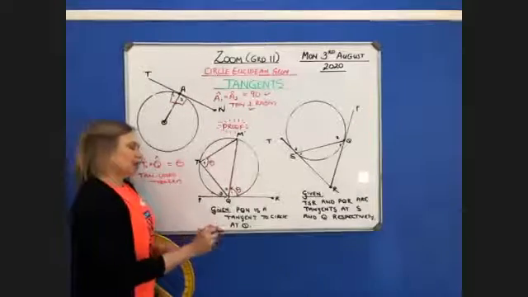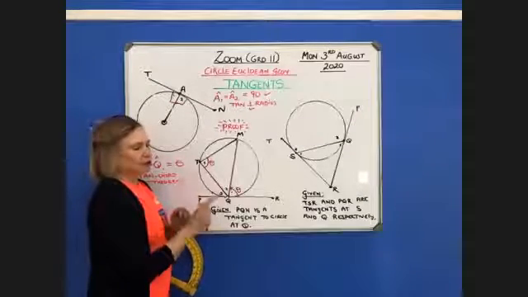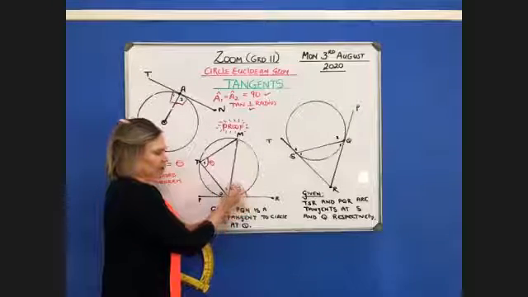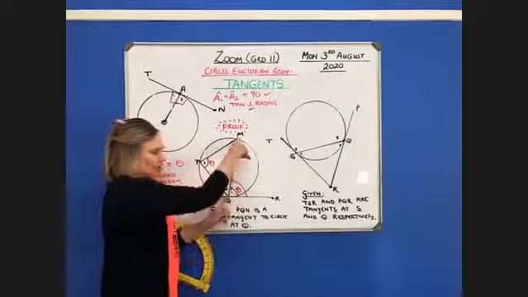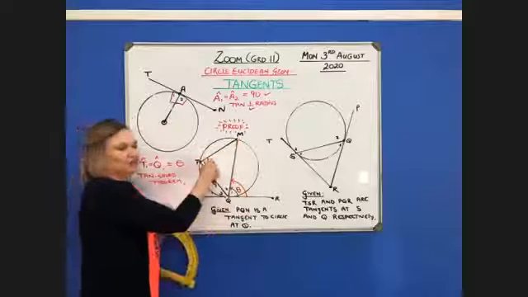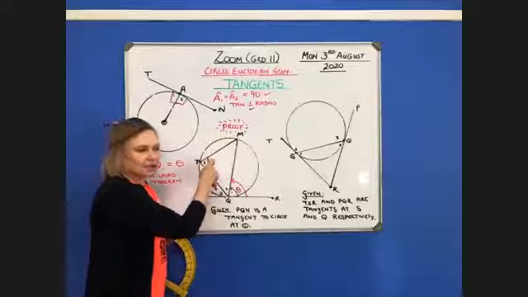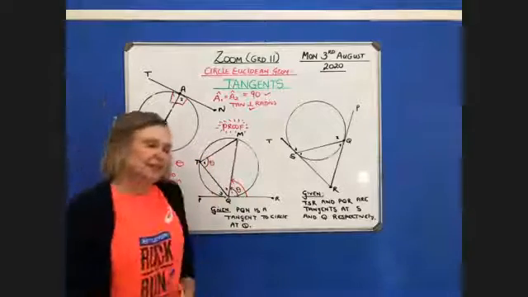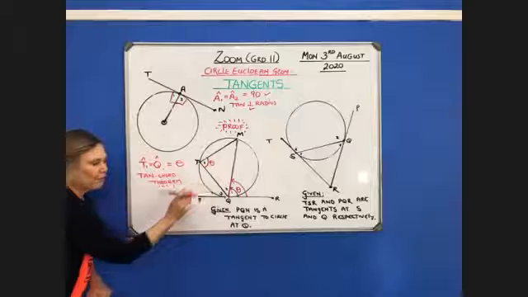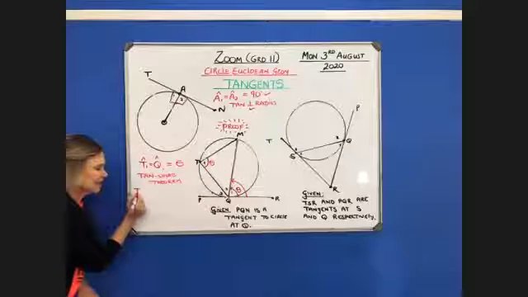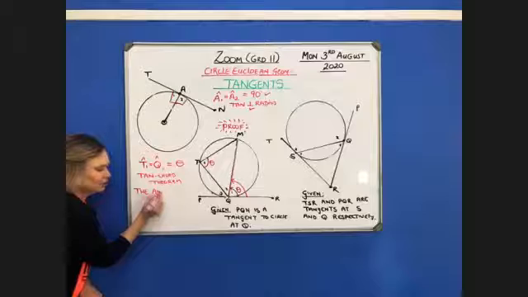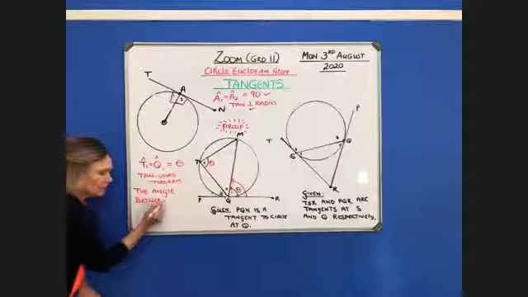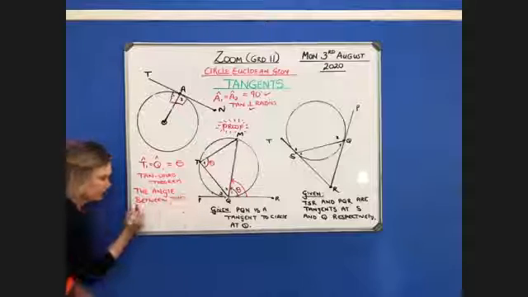Now, before I go on, if I were to put this in words, just listen carefully how it works. So we're saying that the angle between the tangent and the chord is equal to the angle in the alternate segment. Because you see, they're not in the same segments. Now, it's important I tell you that, because I have seen before for 1 mark where they say in words, the angle between the tangent and the chord